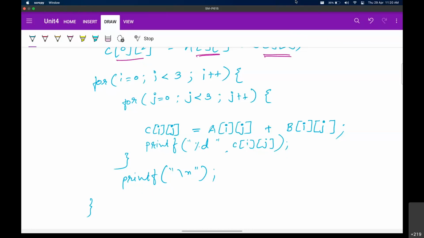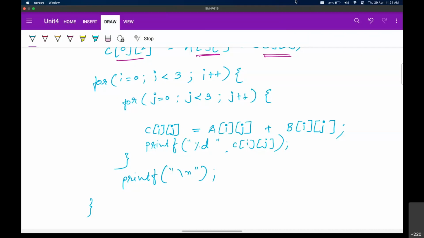Yeah, so let me go through a few queries now, and if you have any query in this code, you can ask. Okay, enrollment number 71 is asking, what if we give int matrix A, we omit row size, column size is 3, equals to, and if we give 10 values? Well, it is very much simple. Each row will have 3 columns that we have told. So first 3 values, first row, second 3 values, second row, third 3 values, third row.